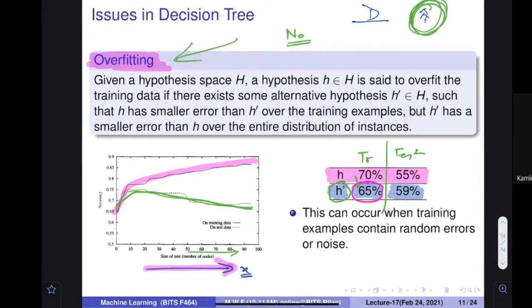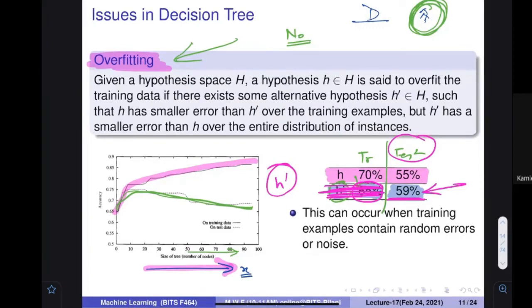It is very difficult to tell because nobody has this data. But let's assume that I somehow tell you that accuracy on the test data is 59%. So whether H1 is better or H2, now you would say, okay, forget about this particular value. Whichever is better on this particular testing is going to be better, so now you would say that H dash, H2, the second hypothesis, is better.